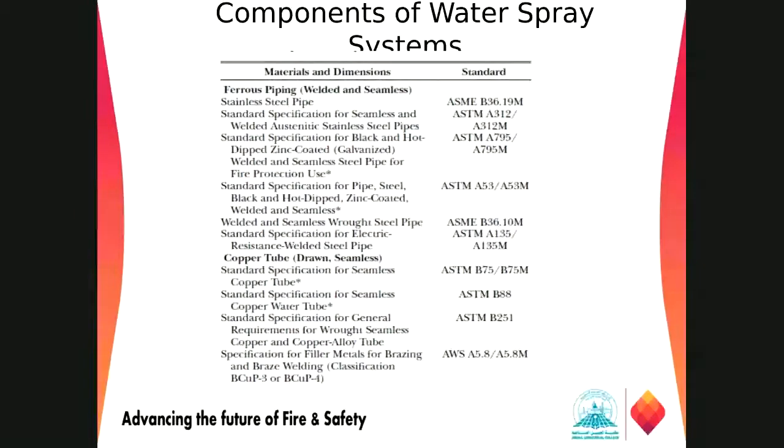And these are some of the standards for piping in the fire protection industry. The first one we have is ASTM A53, and then the next one is ASTM A106. ASTM A106 is the more common one compared to A53, because the galvanized ones are more corrosion resistant than this one. And this slide I have taken from NFPA 15.